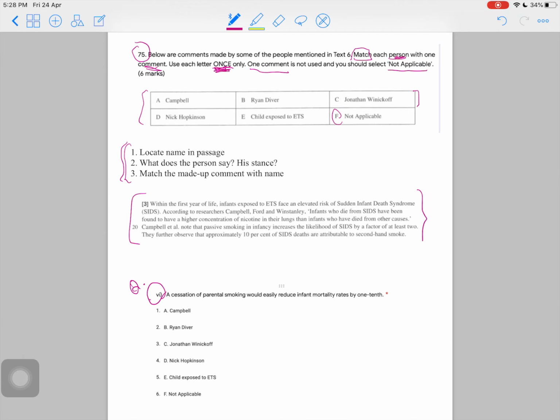Okay, and so what we want to do is locate the name in the passage. Okay, number 2, what does the person say? Because essentially you are trying to match this made up comment. Okay, this is actually made up, so you don't see this in the passage. Okay, this is made up, but it would actually contain the stance or the view of the person